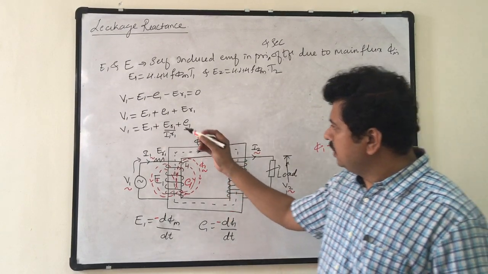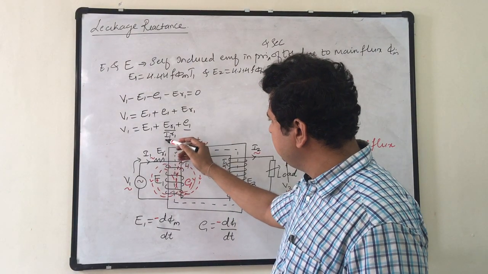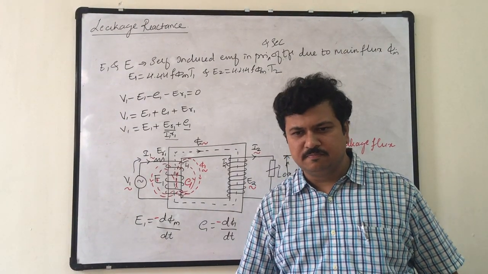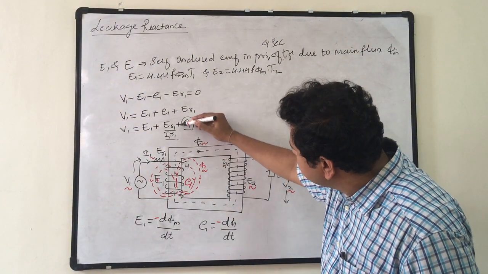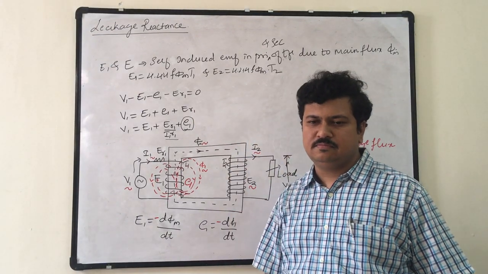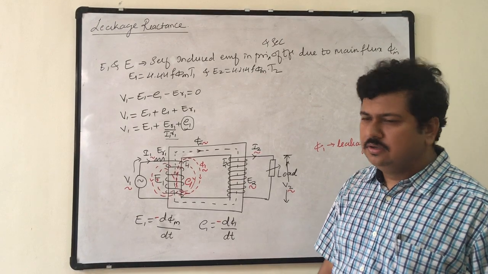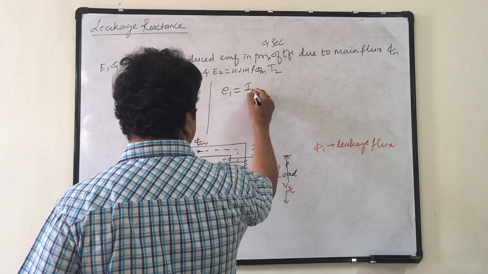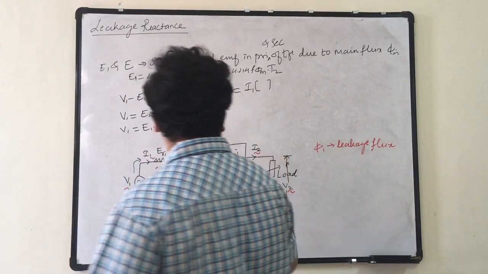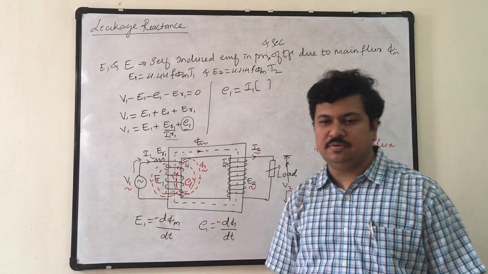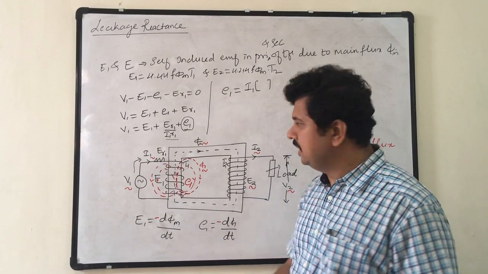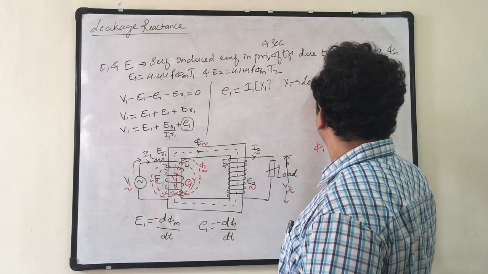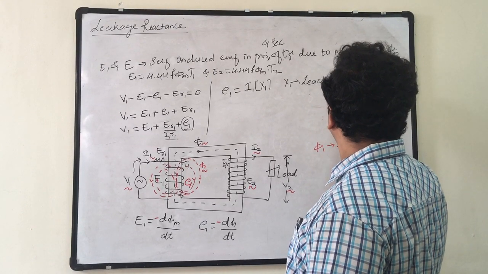Second case, one term which is the voltage is simply represented as the product of some resistance and the current flowing through that. Can I also represent this E1 in the same form? Okay, I can do that. So this E1 is also represented with some I1 multiplied by some imaginary term, and that imaginary term I call X1. That X1 is leakage reactance.